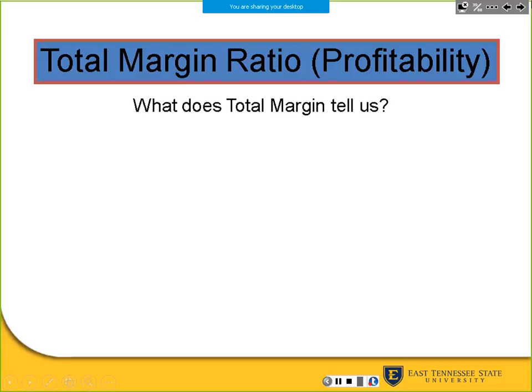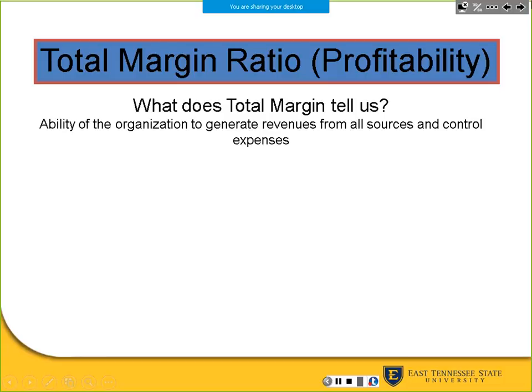So the first one we're going to look at is total margin. Now, what do you think total margin ratio is going to tell us? Or profitability margin? Well, it's one of the profitability ratios, but what do you think total margin is going to tell us? The difference between the cost... Yeah, it has to do with cost, but we're looking at it from a profitability standpoint. So it'd be the revenue. Yeah, so we're going to look